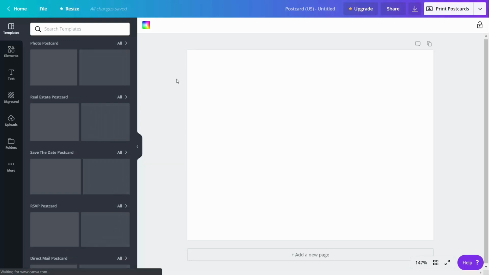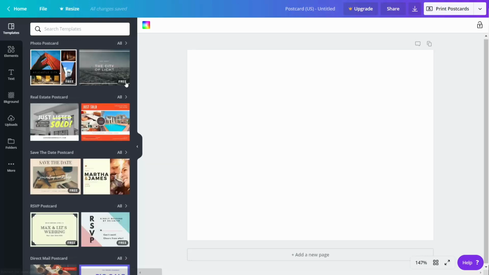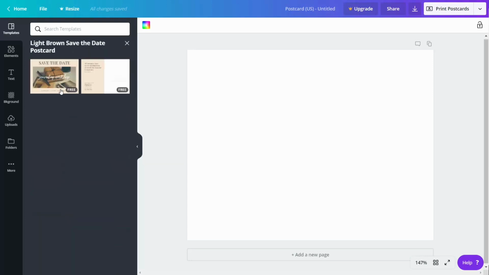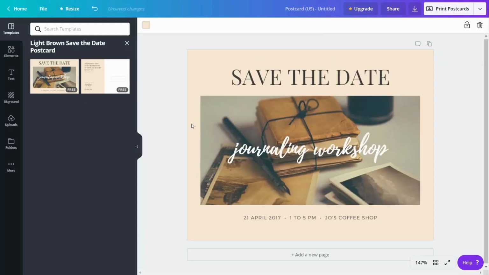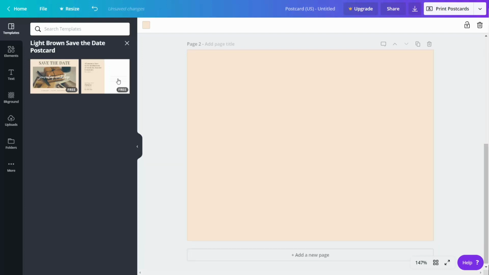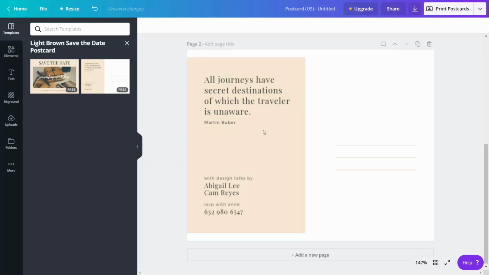You'll then notice that Canva will give you certain templates that you can use as postcards. Some of those templates are going to be free, others of them are going to be paid. So what we're going to do is use one of the free templates. And we're then going to click free. And what you'll notice is that there's going to be a front and back to this template. So we're going to add a page,